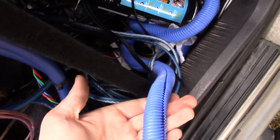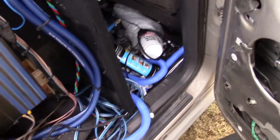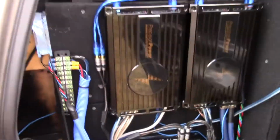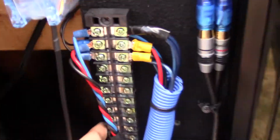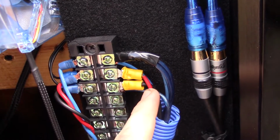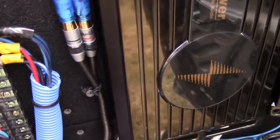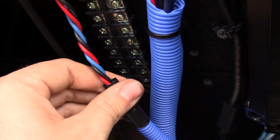But here's where the lead comes out, and it's sort of curled up underneath here because I usually have it sitting in my passenger seat, so I don't need the entire length. And it comes up underneath here through all of this rat's nest, which is my mids and highs amps, and up to this barrier strip here, which you can see is kind of wired up backwards because this is actually the input side, because I had it flipped sideways and then moved it and just didn't bother to swap the connections around. And here's all the wires, all 3 wires that go into the wire loom,